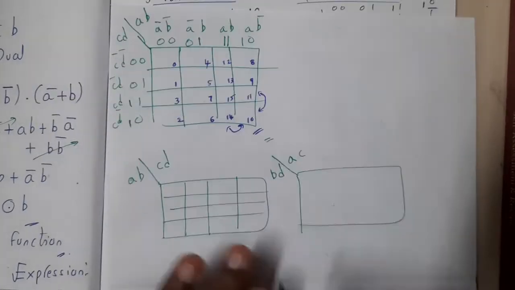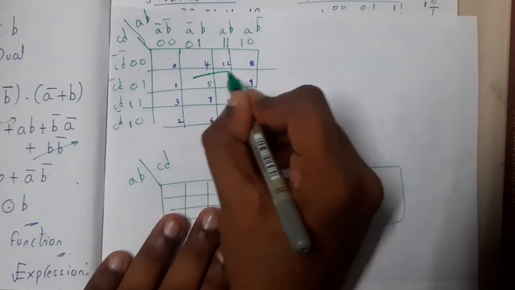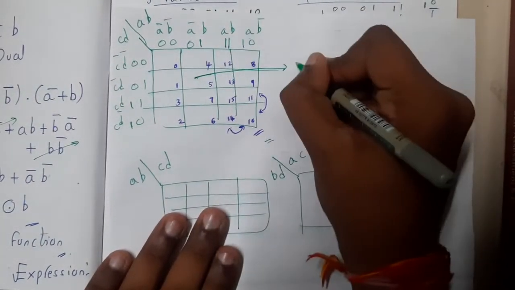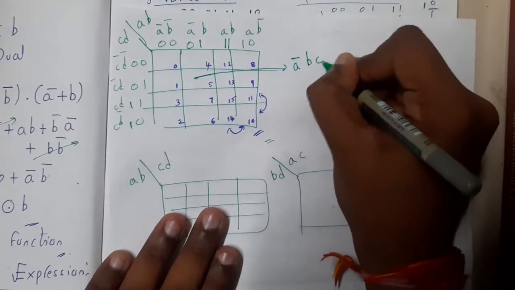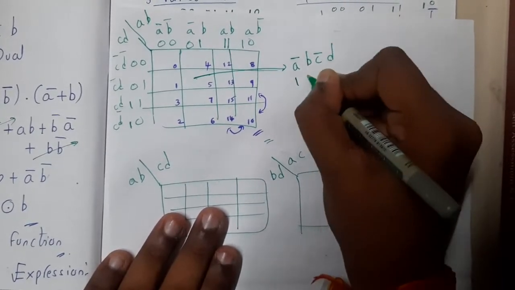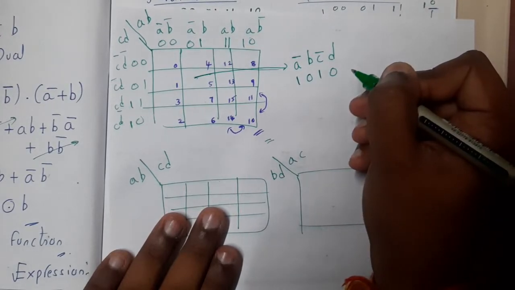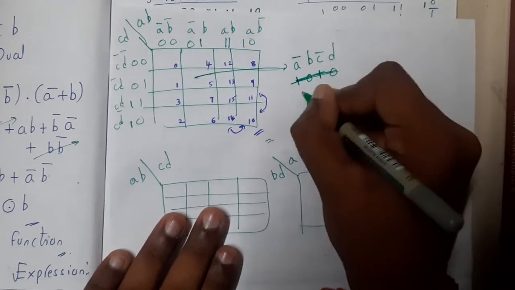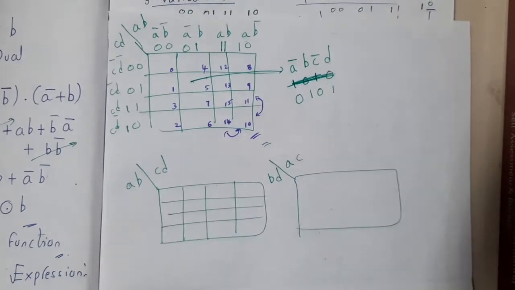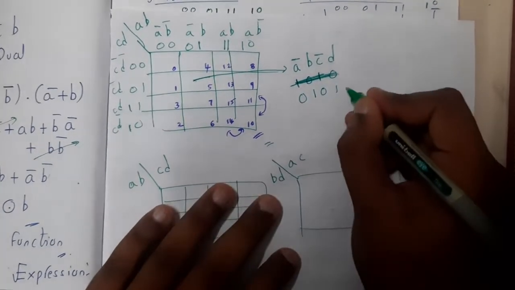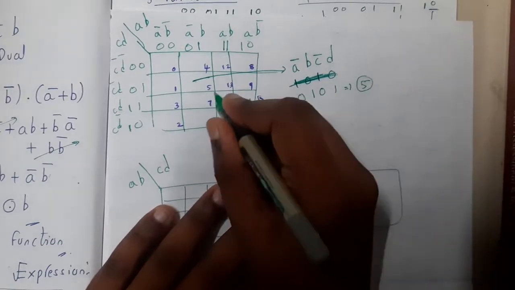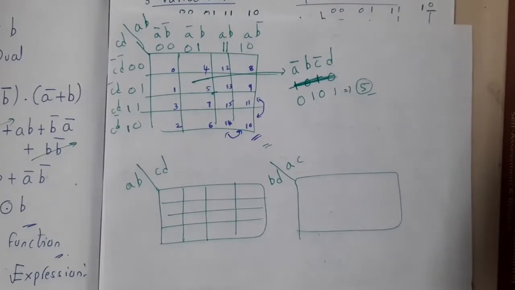The only thing is, if I take any cell here, so I am taking this cell, what is the value? It is nothing but A bar, B, C bar, D. So it is nothing but 1, 0, 1, 0. Am I right? Or did I make any mistakes? Yes, I made a small mistake: 0, 1, 0, 1. A bar is a 0, right? So what is this value, guys? This value is nothing but 5. So it is matching with our cell number. That's all you need to do, correct, guys?